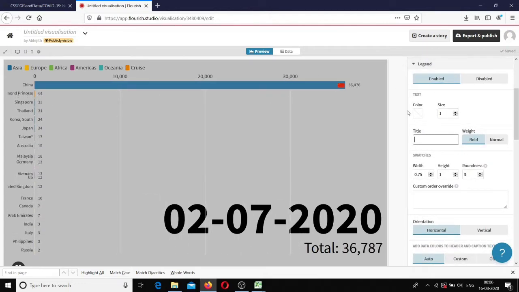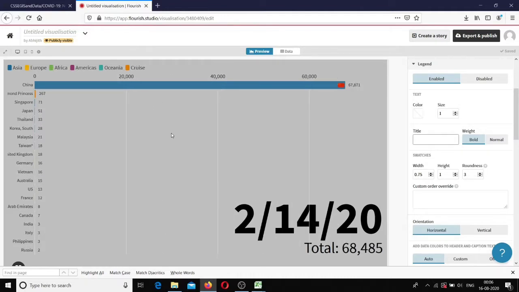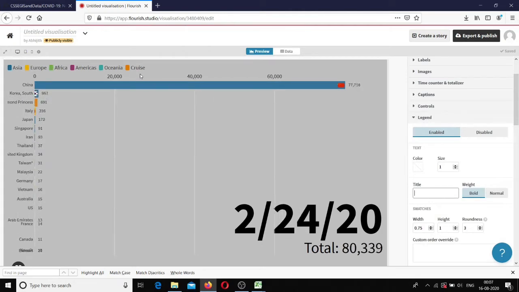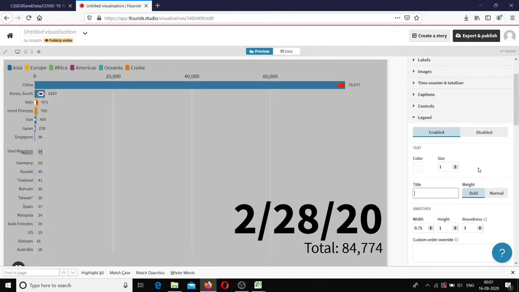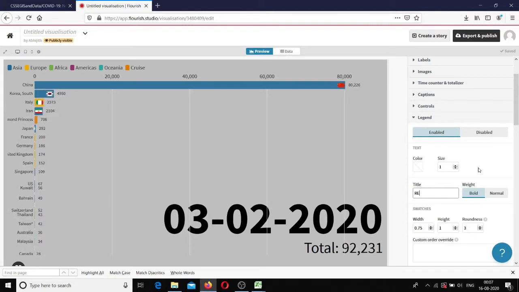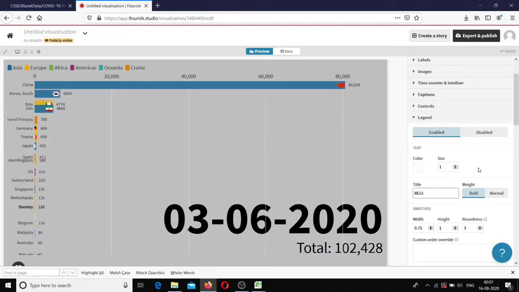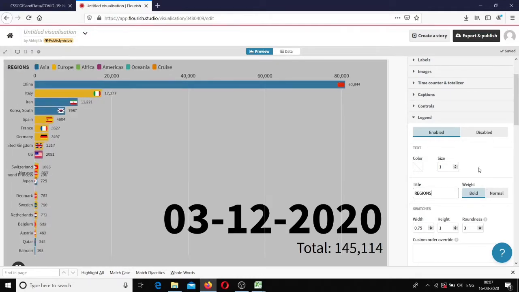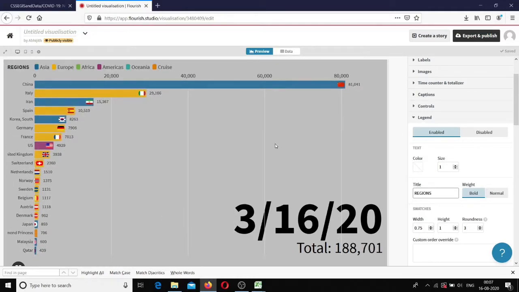Legend is actually the title for the category. So here Asia, Europe, Africa, these are the categories. I'll just add the title as region. Okay, so now region is also displayed here.